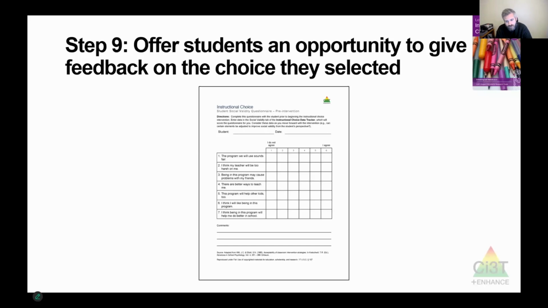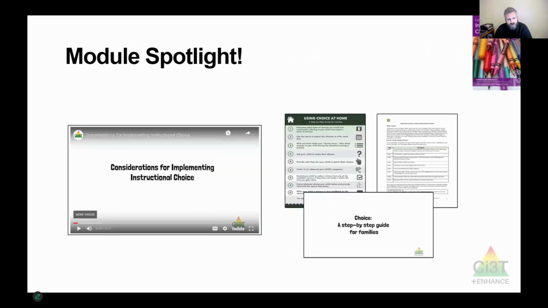And without talking to the student and getting their ideas and feedback, it takes that opportunity away from you to give them something that they're really going to want, that's a totally good choice for them to make. So we do have the social validity questionnaire that's available inside the module. It's easy to find in the table of contents. You can just download it. We're researchers, so we love numbers. So I think it's a great idea to actually fill this out with the student, but at the very, very least, use these questions as a basis to have a conversation with them, to make sure that you give them the opportunity to have their voice heard as you're proceeding through this process.